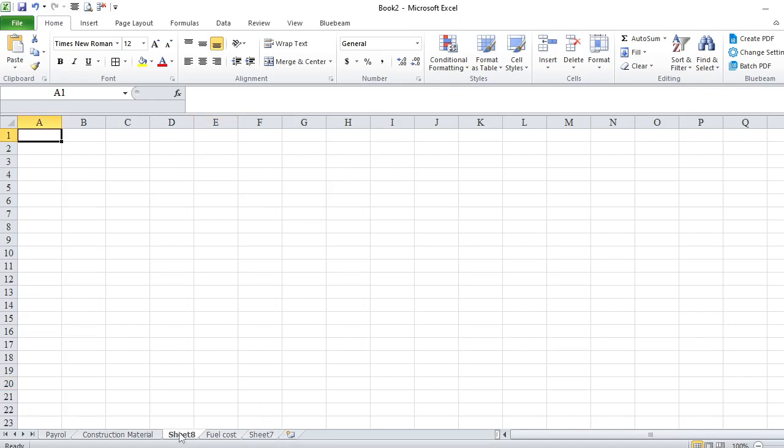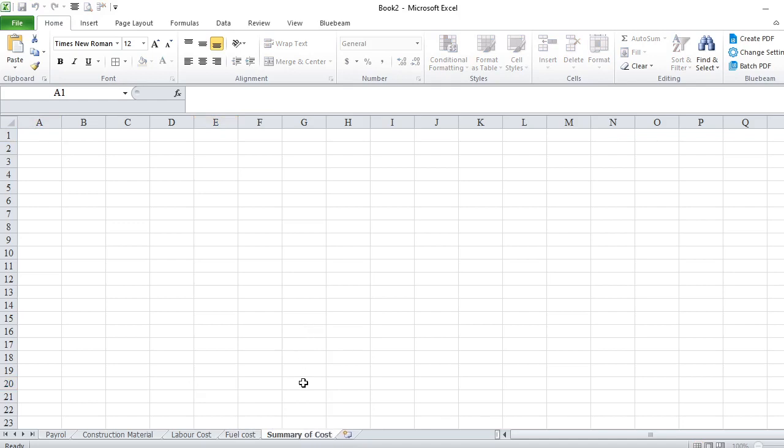Okay, so we can rename this. For example, I have fuel cost, and then for example labor cost. Okay, labor cost. And let me make this summary of cost. I can say, okay, summary of cost.